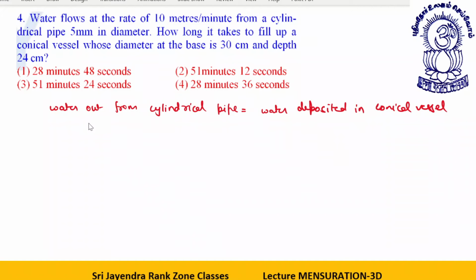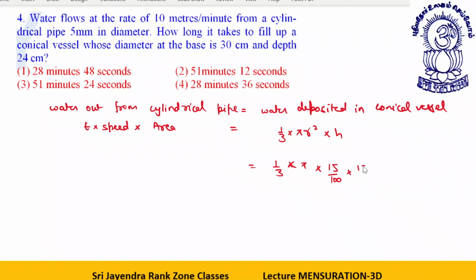Now, what is the water out from pipe? That is time into speed into area is equal to 1 by 3 into pi r square into h. Fine. 1 by 3. The diameter at the base is 30. So this is like 22 by 7 into, you need not put the value of pi. Why? Because pi will be on the left hand side also. R is what? Diameter 30 centimeters, so this is 15 centimeter.